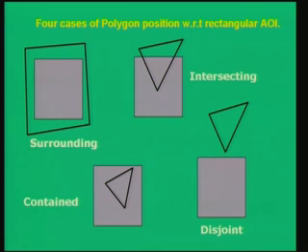Please remember these terms: surrounding, intersecting, contained and disjoint. If you remember these 4 relationships and think of these illustrations which we have just seen in the previous slide, that is enough for you to go into the steps of the algorithm and visualize what is going to happen. Please look into the slide once again. These are the 4 cases of relationship: surrounding on the left, intersecting on the top right, contained on the left bottom and disjoint on the lower right. Okay. So, I hope you have understood this and also copied it in your notes.